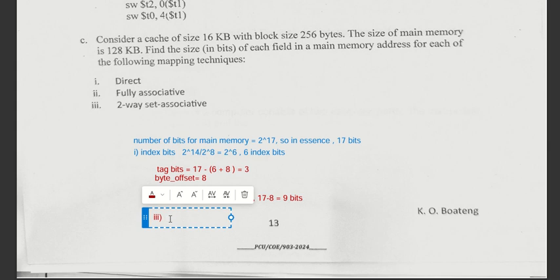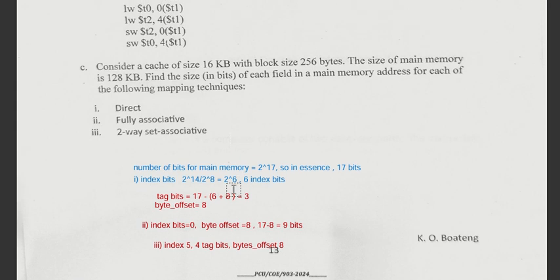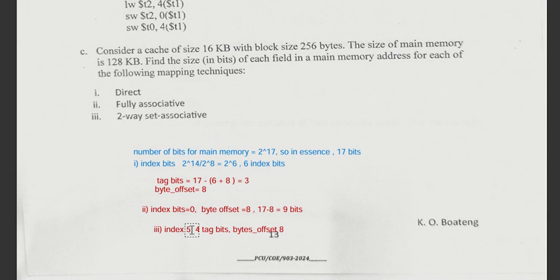So for two-way associative, our original index bits, which was 6, will now become 5, and our original tag bits, which was 3, will become 4 tag bits. And our byte offset is still 8. So I think with that we have it. So in fully associative, your index bit is 0. Your byte offset is